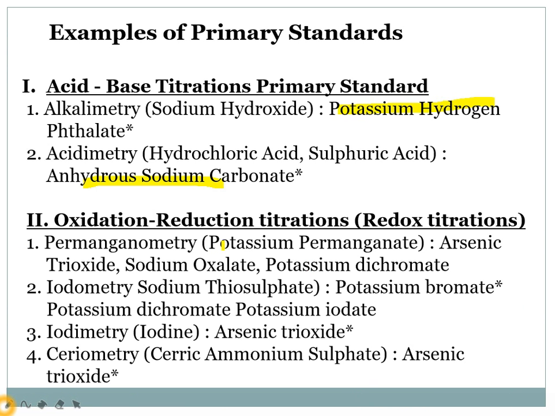Permanganometry is the titration with potassium permanganate. The primary standards used are arsenic trioxide, sodium oxalate and potassium dichromate. And in case of iodimetry,